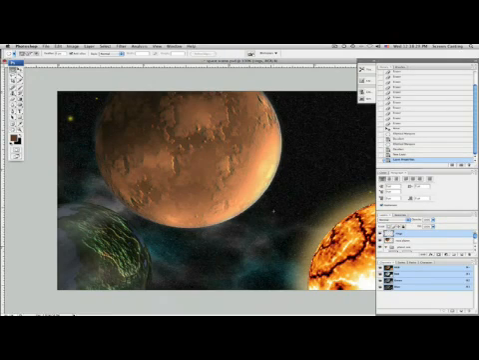Good. Now let's hit M for our marquee tool, and just hold Shift as we bring this up. There we go. That looks pretty good. Let's move this over to where we can see it a little bit better. Now what we're going to do is let's